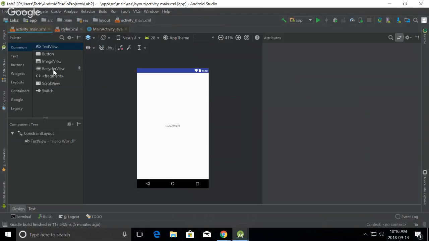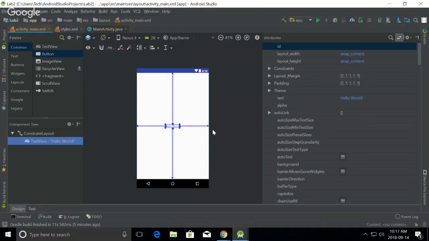How do you add elements? You simply drag and drop, and you can drag elements either to the view here, or you can drag them to the component tree that is on the bottom below the palette. All right? And you edit those elements through the attributes inspector on your right. So you can click either on the element in the component tree or on the screen, and you can modify